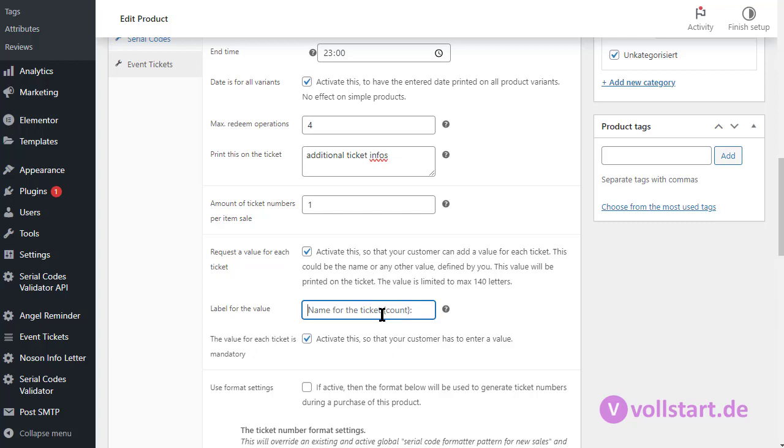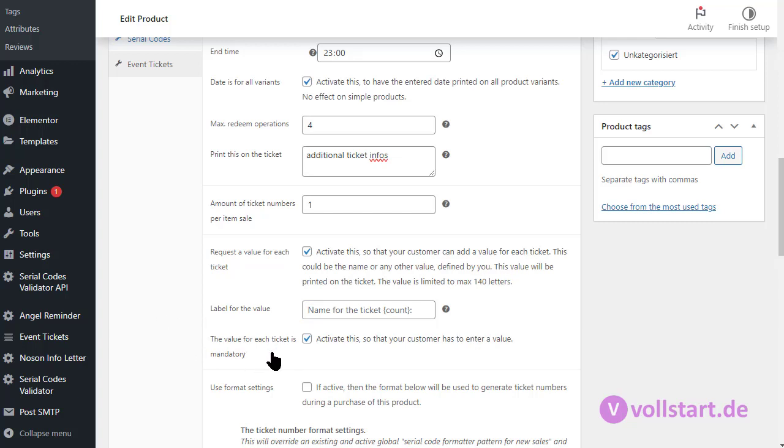The option in here is just this placeholder count. That's it, to have 1, 2, 3, 4, 5, so that they understand, okay, this is for the 5th ticket and this information is for the 6th ticket and so on, if they buy more than 1 ticket. And the value is limited, 240 letters, so that we are not exploding.